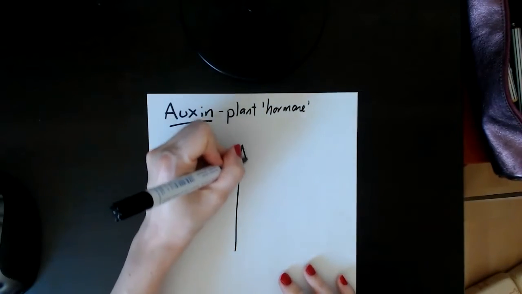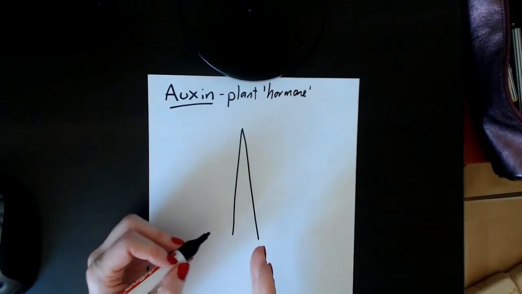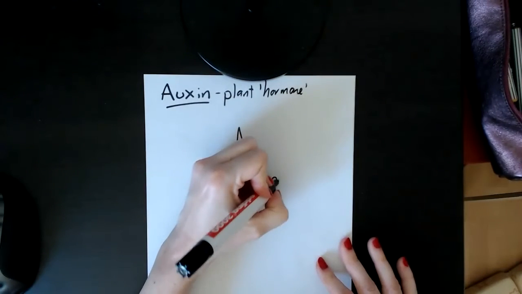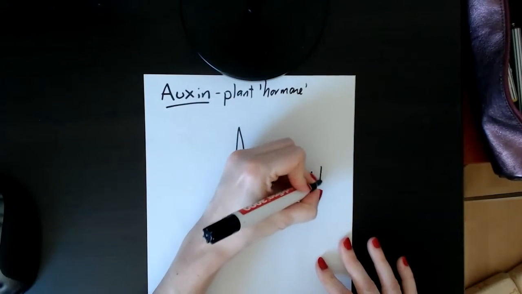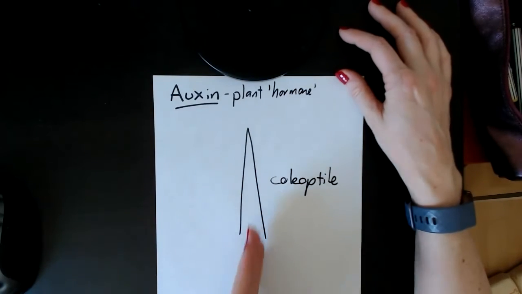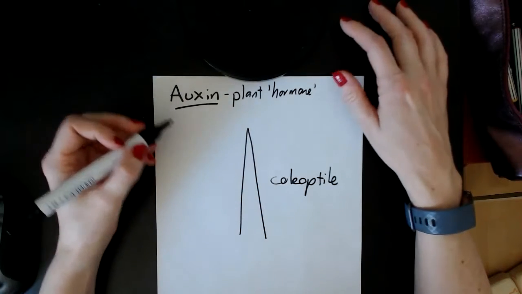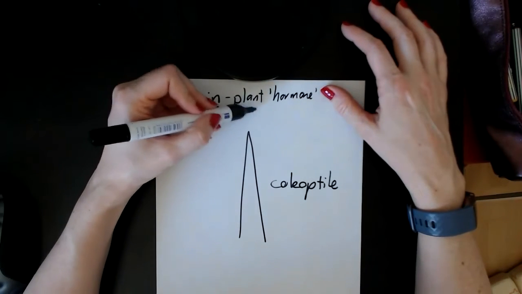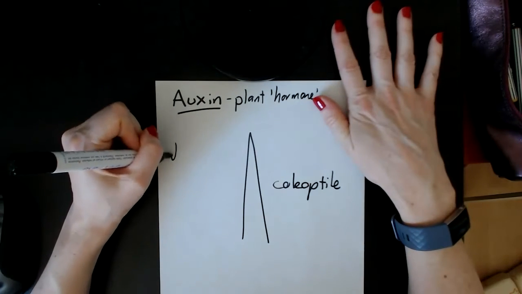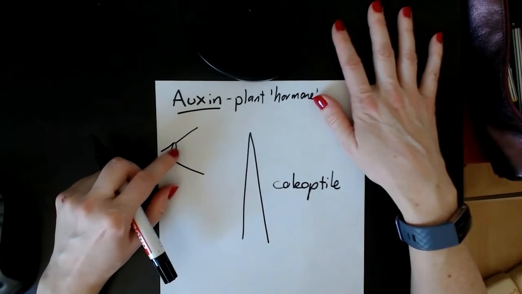The idea is that this is the first little shoot of a plant coming out of the seed. So if I had the seed down here, this is called a coleoptile. You don't necessarily need to know this term, but it's perhaps nice to know. In a coleoptile, pushing out of the seed before it has any leaves on it, if you have a light coming from up above, then the coleoptile will grow straight. But if you have a light coming from here, and it's unidirectional, which means it's coming from one direction,